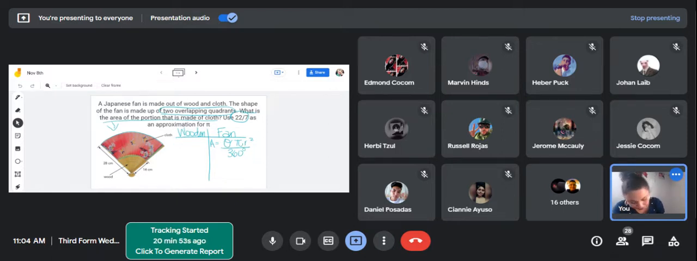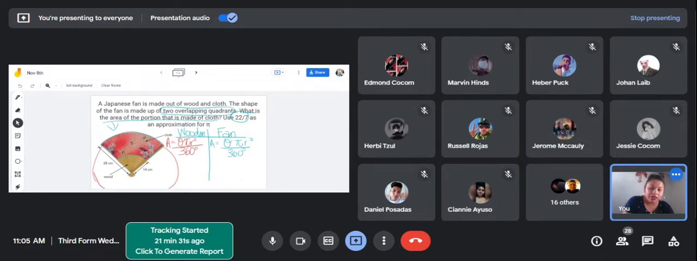Let me use another color. Area is equal to theta pi r squared over 360. Okay, so this is the area of a sector. Now, we need to understand that that fan has the shape of a sector. Because if I were to complete this drawing and draw the circle, it would give me a portion of it, right? So I need to understand that this fan represents a sector, and that's why I'm using the formula for area